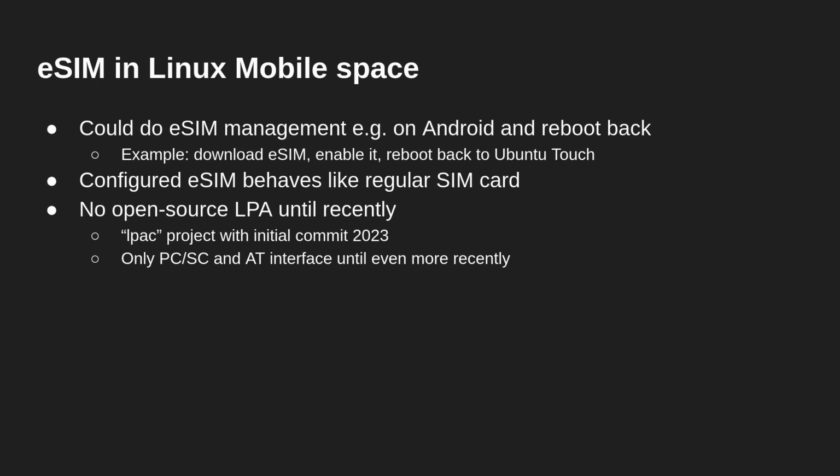This LPAC project only had a PCSC interface, which is used for smart card readers, so you can put the SIM card in a smart card reader. With an eSIM on a PCB, you wouldn't be able to do that directly. In theory, you could desolder it, put it into an adapter, and plug it into the card reader, if you had something that routes the pins correctly. It also has an AT interface. This might be useful on some external USB modems that you put in, but some of those actually require different management interfaces, which I'll come to later.